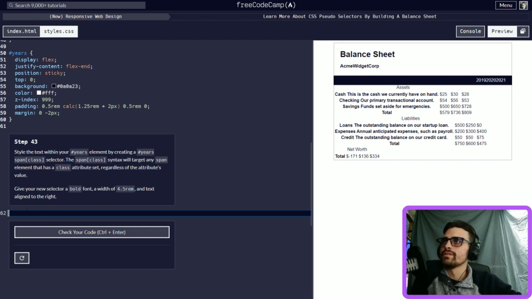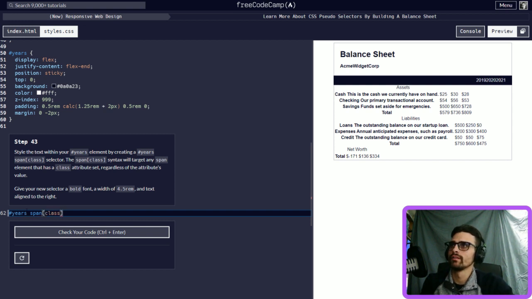Style text within your years element by creating a years span class selector. So the syntax will target any span element with a class attribute set. So, okay, years and then span, class. Regardless, okay, so if it has a class in it,